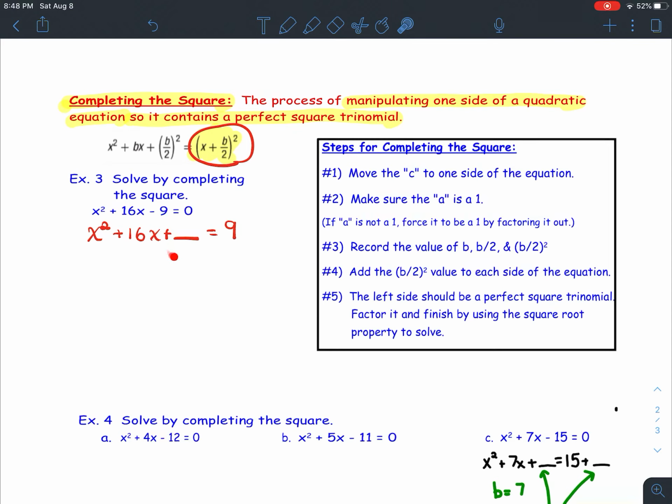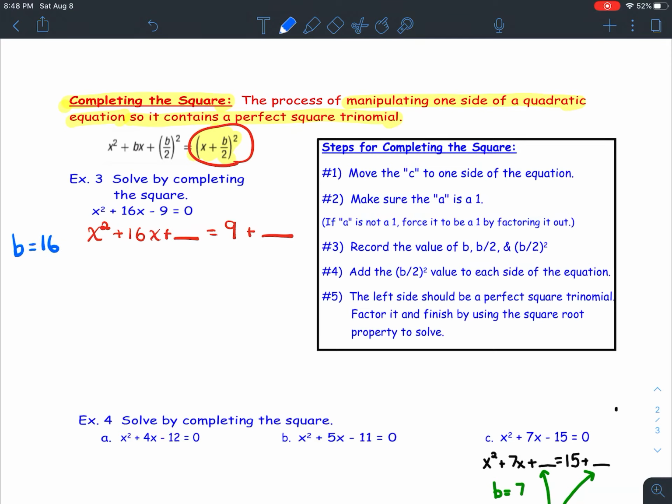Now, here's what we want to do. I always like to fill in a little blank here that leaves me a spot to fill in a new C value that would make this a perfect square trinomial. Now we know in math that with equations, if you're going to insert a number on one side of the equation, then you have to insert that exact same number on the other side to keep things balanced. Remember on the previous problem, when we were trying to fill in what we thought the C value should be to make this a perfect square trinomial,